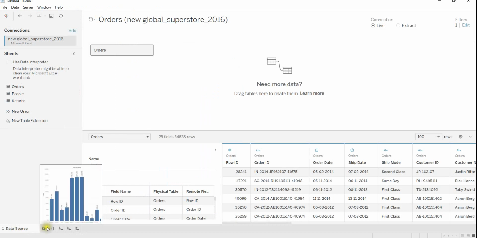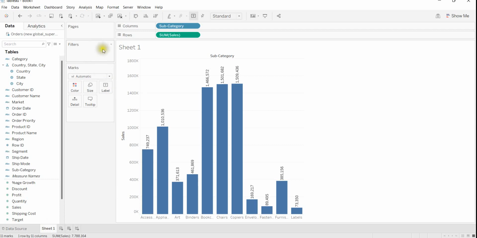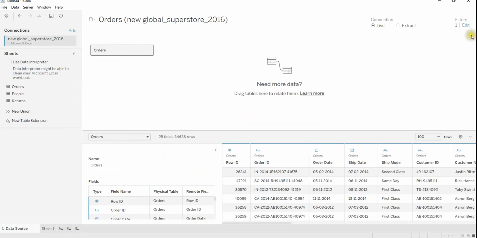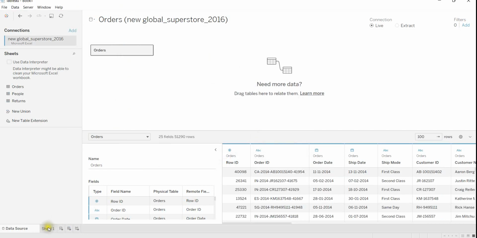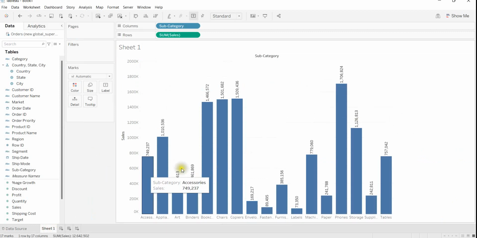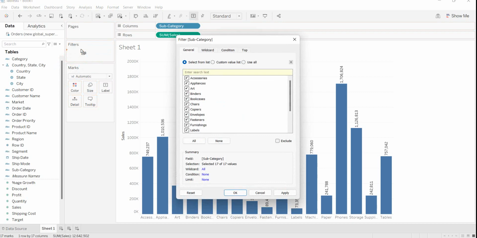The next important process for application of filter is using this particular area. To understand this one, I am removing the filter which we have applied here. So this is the original position of the chart. Now what you have to do is pick the subcategory, drag this subcategory and drop it into this filter area. Once you hover over this particular area, a plus sign is reflected and then you can drop it here. Once you drop it here, automatically a dialog box opens that contains the various subcategories